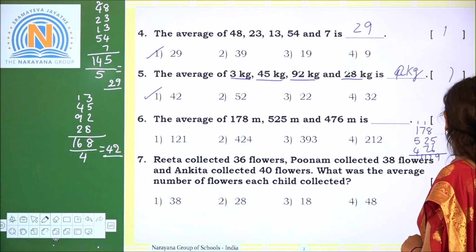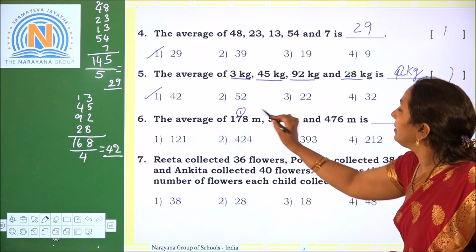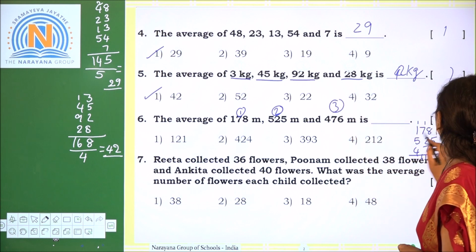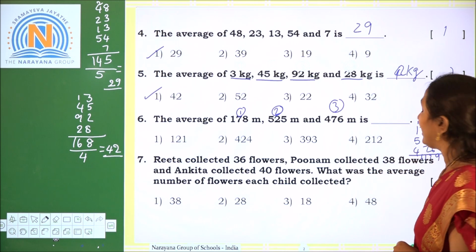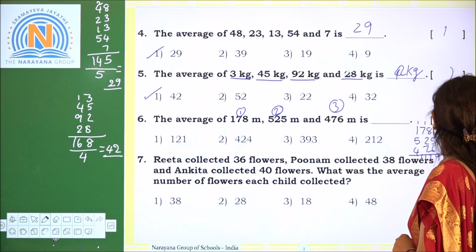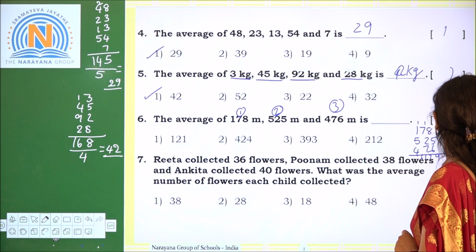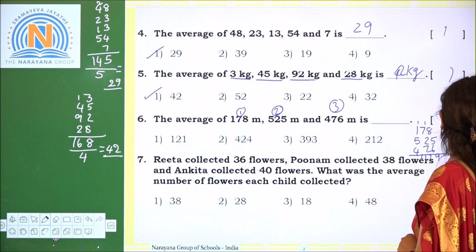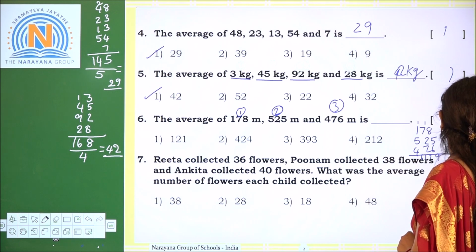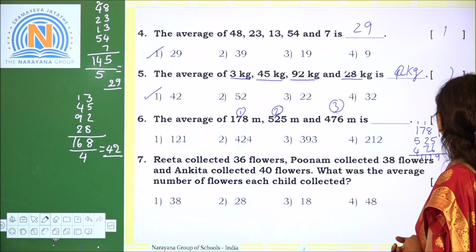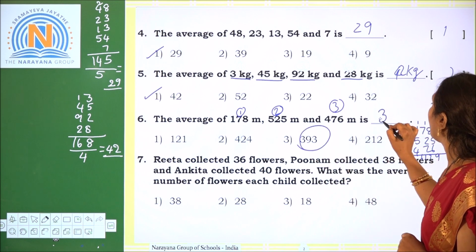So 1179. How many objects? Number of objects are 1, 2, 3. So divide with 3. Now 1 divided by 3 we cannot. We go to the next, 11. 3 times approximately 9. Subtract 11 minus 9 is 2. Now bring down 7. How many times? 9 times. 9 3s are 27. Now bring down 9. 3 3s are 9. So what is the average? 393 meters. So the required option is